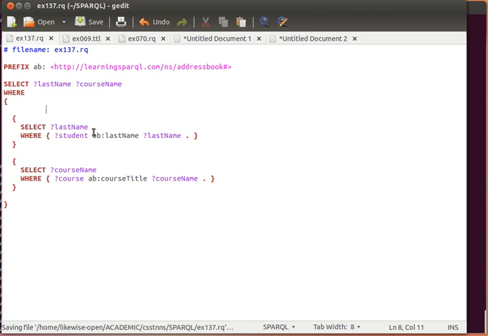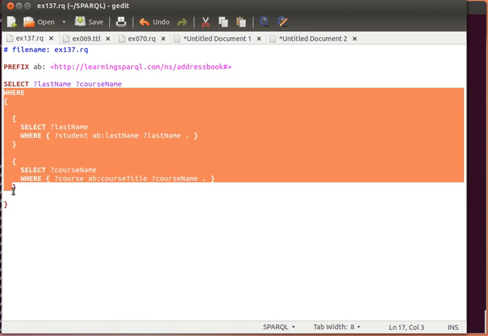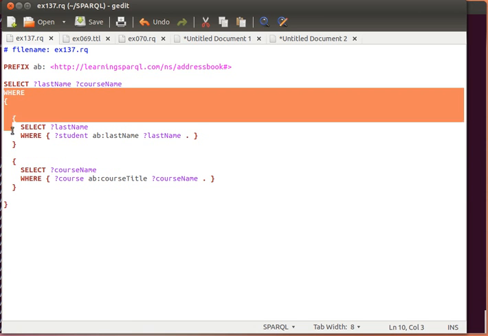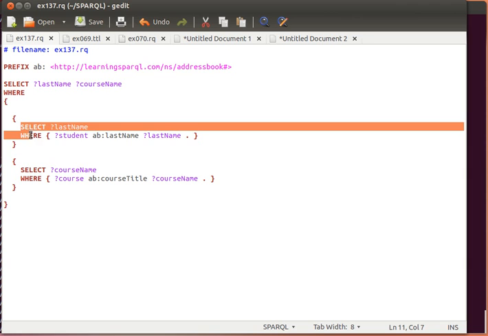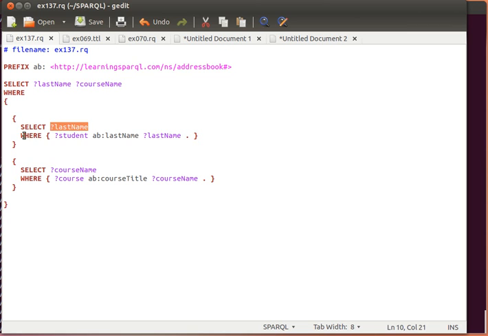And subqueries are like this. Inside our global select query, we have subqueries which should be inside their own curly braces. Then we have another full select statement with its variable names, with its where clause and its conditions inside it. So that's one. Remember, it must be inside its own curly braces. And the second one again is inside its own curly braces, and it's a fully structured select statement